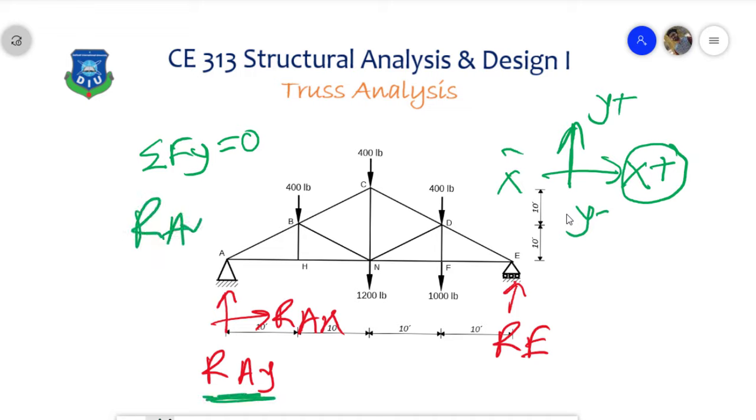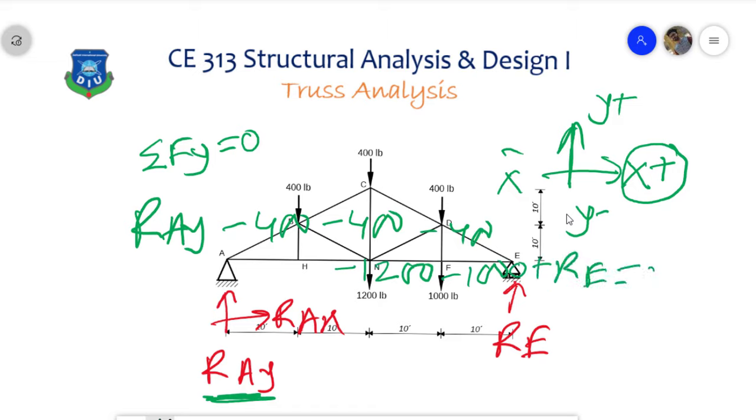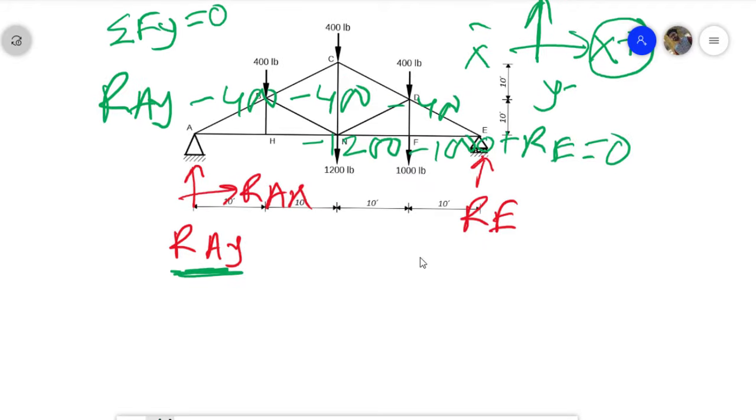So RAY, and 400, this is vertically downward, that is why negative, minus 400, minus again 400, and again minus 400, and minus 1200, minus 1000. And what about RE? This is in the upward direction, that is why positive, equal to 0. So if I write here, RAY plus RE is equal to, let me calculate, a total of